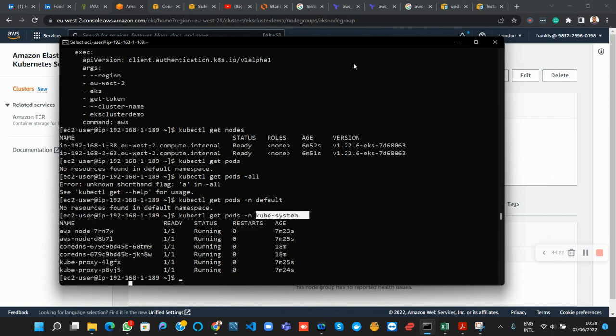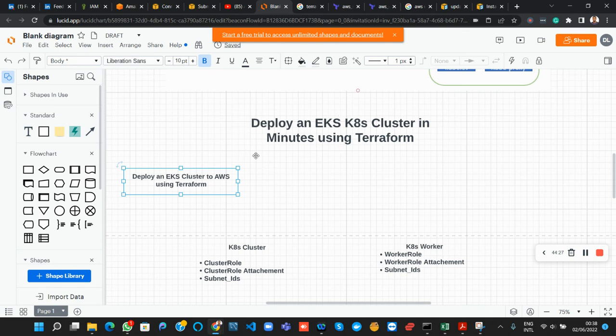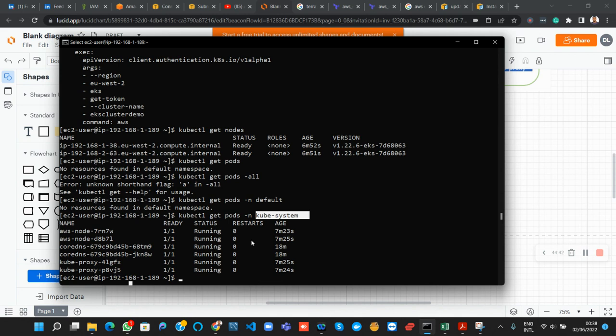So far so good. We've seen how we've been able to deploy our Kubernetes cluster to AWS using Terraform. I hope you've enjoyed this session, and I'm going to leave the GitHub repository to these Terraform scripts